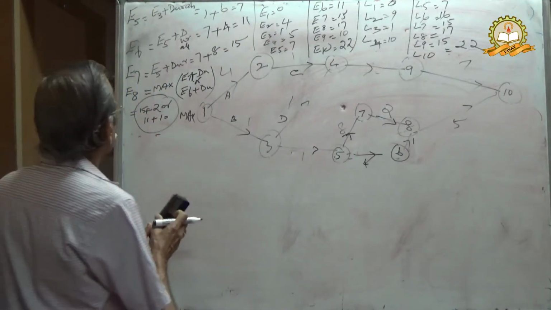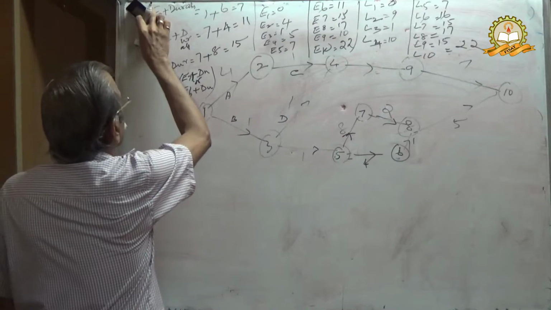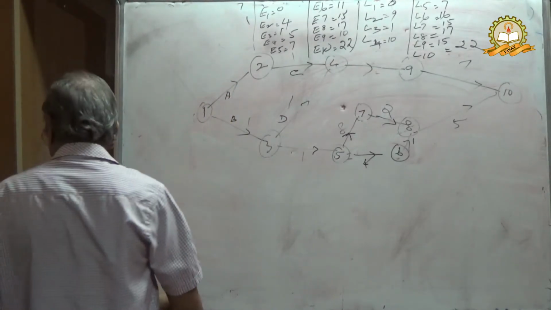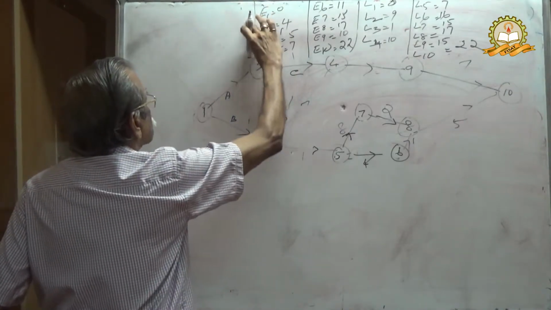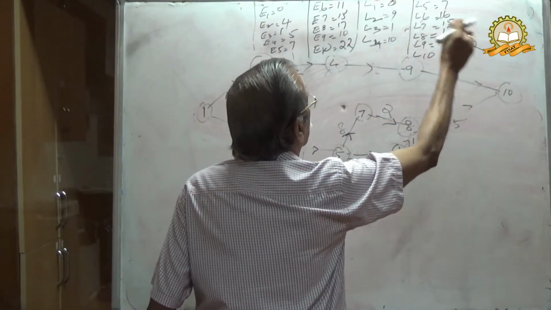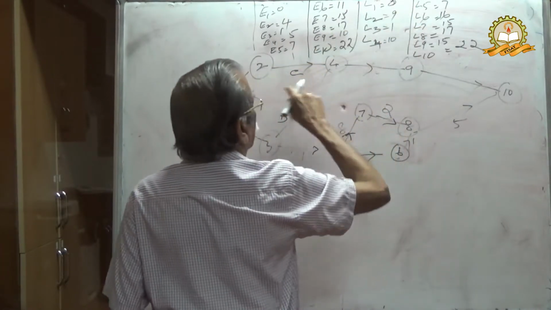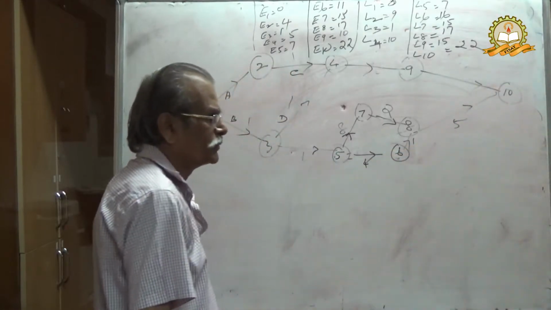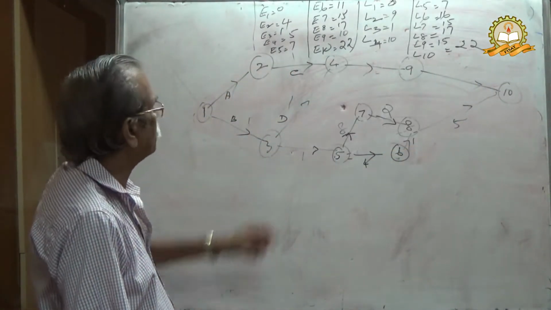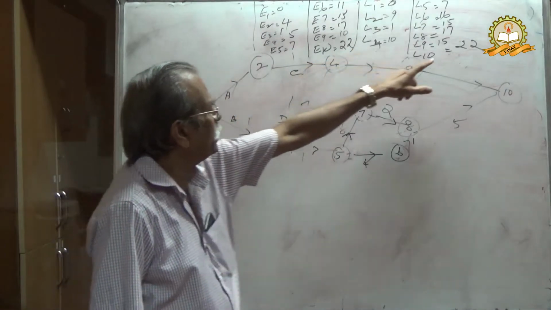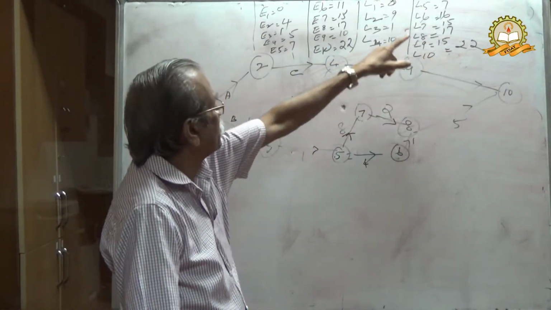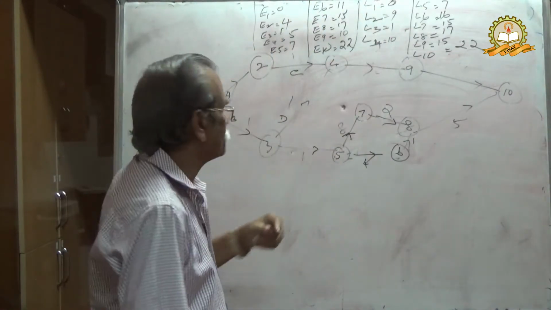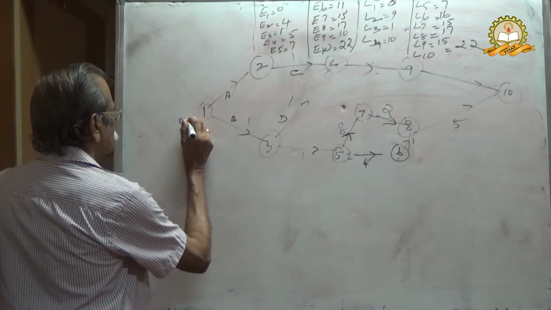E1 equal to 0. Similarly, L1 equal to 0. L1 also came down to 0. E10 is 22, L10 also 22. Therefore, your calculation is correct. Therefore, check E2 against L2, then diminish it, and you come back to L1 equal to 0, E1 equal to 0. That is, the starting point is 0, 0.